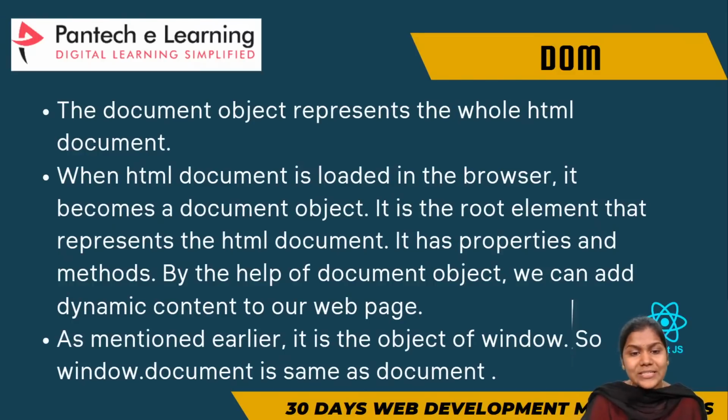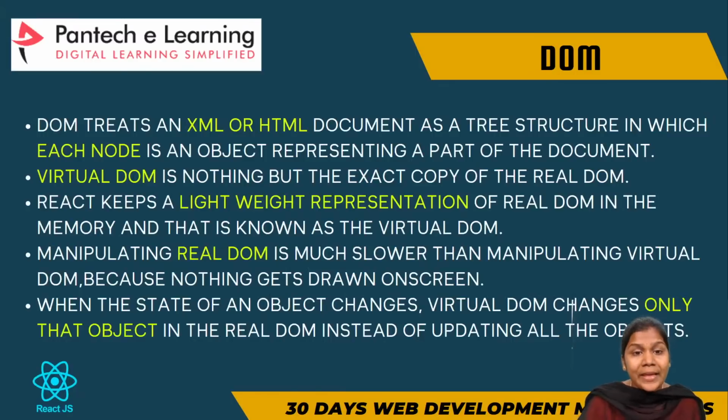It has properties and methods which will be helping the document object, where we can add dynamic content to our web page according to the customers or users. As mentioned earlier, it is an object of window. So window.document is the same as document. It treats an XML or HTML document as a tree, where each node is an object representing a part